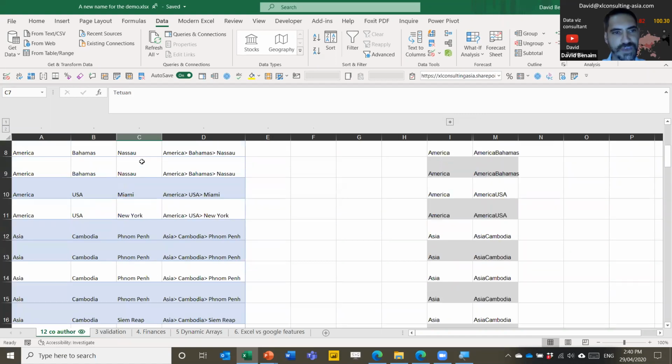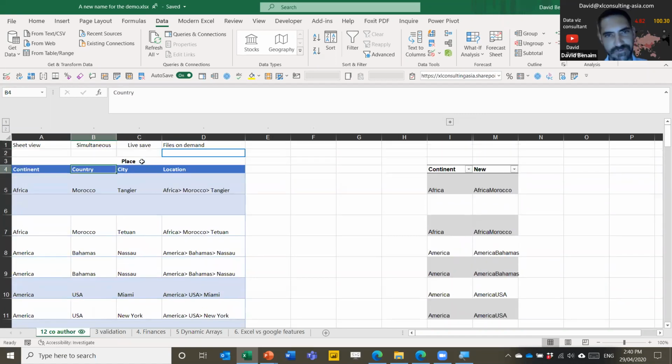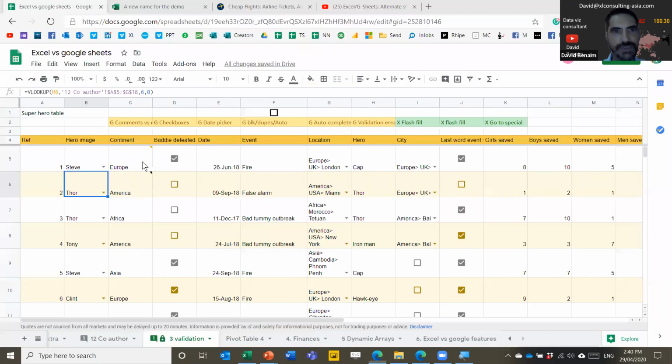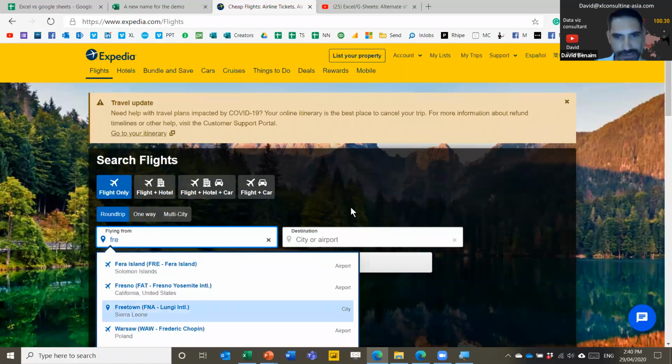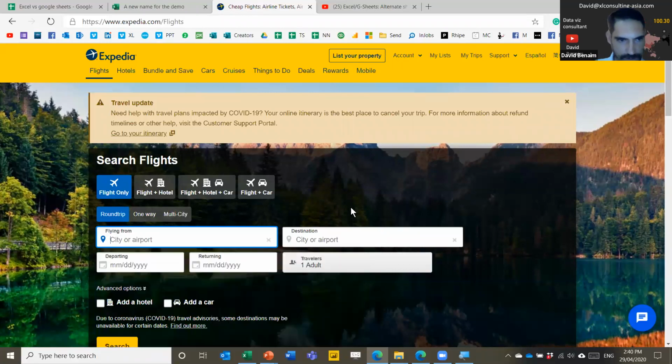So those are a couple of features that are well and good, but that's by far not my favorite feature. Let me show you an example of a website like this. Let's say you're trying to book a flight, probably not advisable right now, but you're probably used to this website. When you want to look for a city or an airport name, you're probably used to being able to type and getting this to autocomplete. Imagine if you didn't have that option and you had a drop-down list here and you needed to manually look through every single airport in the world to get there. Well, that is what Excel makes you do.